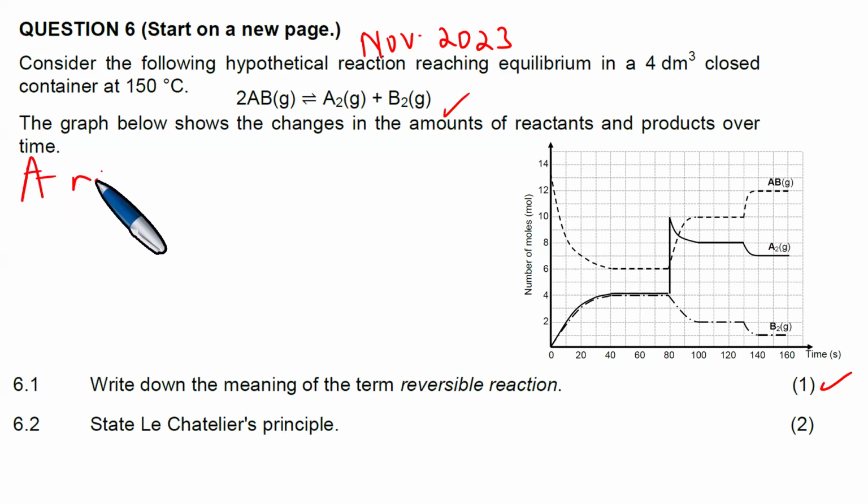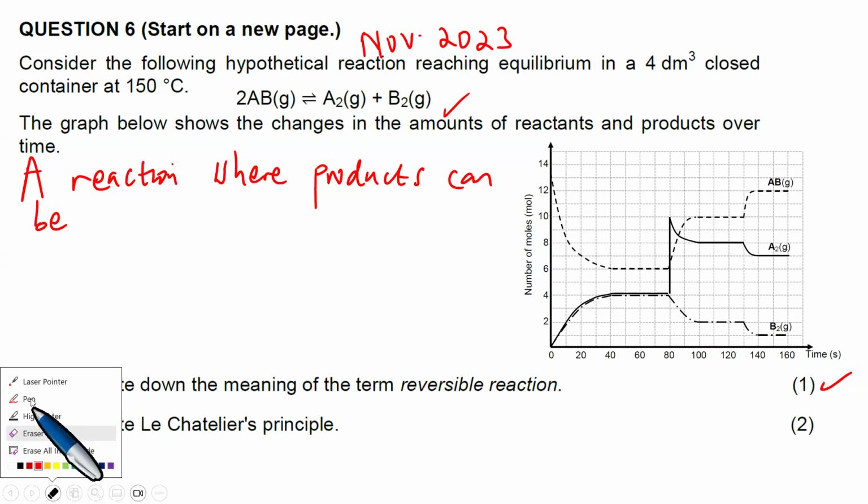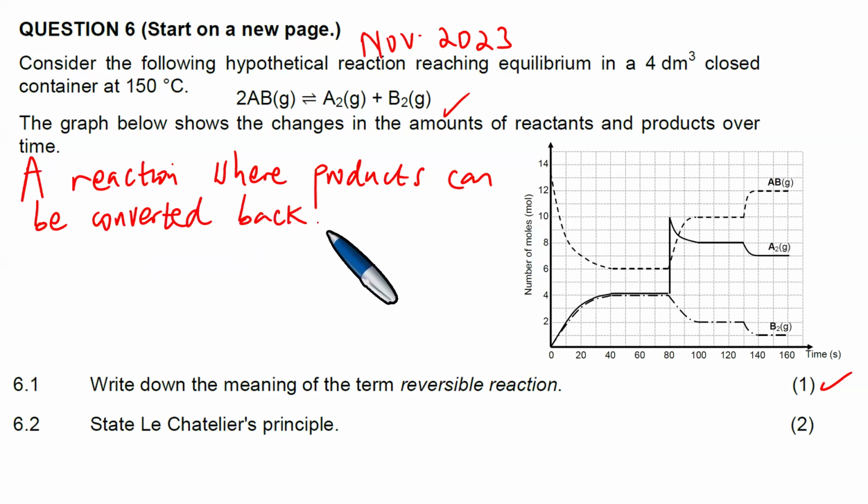A reaction where products can be converted back to reactants